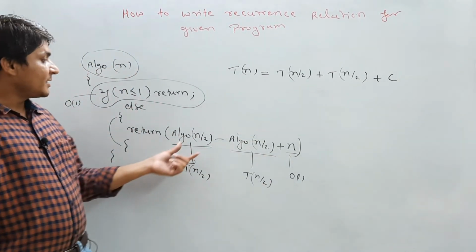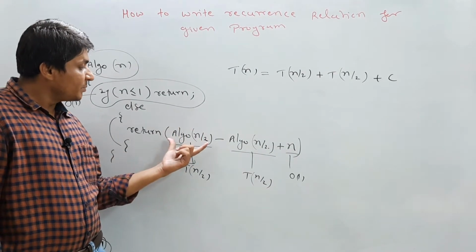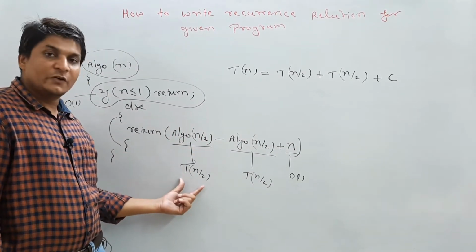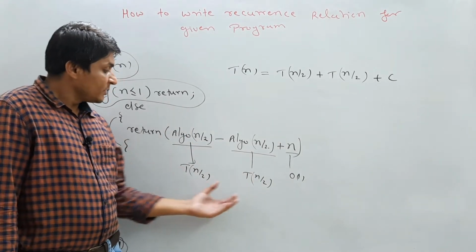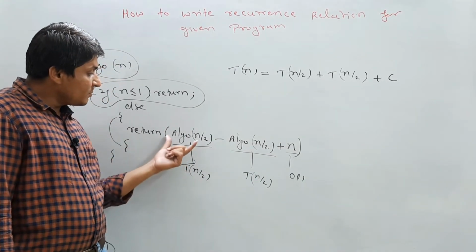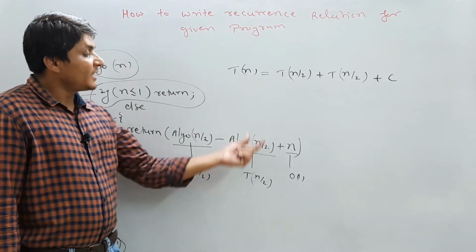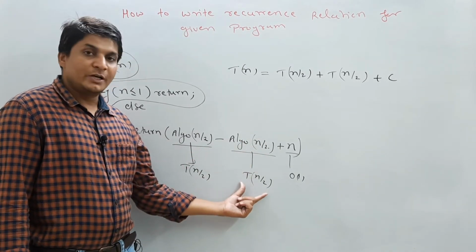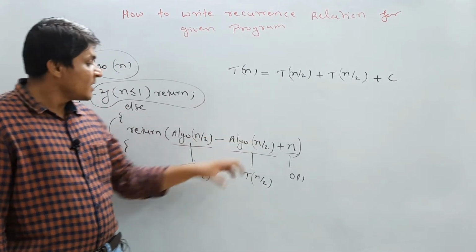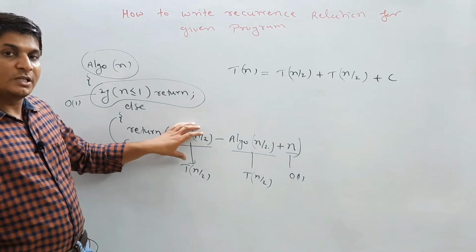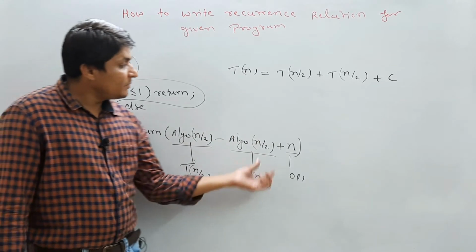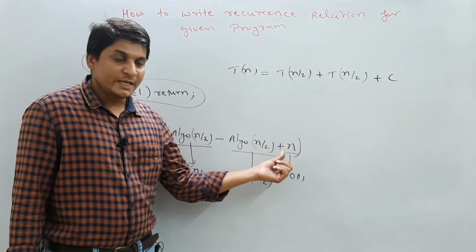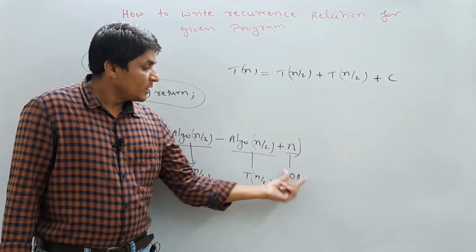Don't make the mistake. Sir, here it is written minus, so why are you not writing minus? See, because the time taken to solve this particular function call requires T(n/2). Then we will require another time. That is the reason I am adding. The time taken to solve this problem is T(n/2), and the time taken to solve this problem is T(n/2). We are writing the recurrence relation, meaning how much time it will take to solve this particular part and how much time it will take to solve this particular part. Then we are adding one number which is n. Addition always takes order of one time.